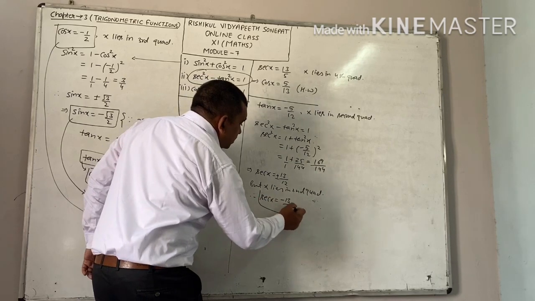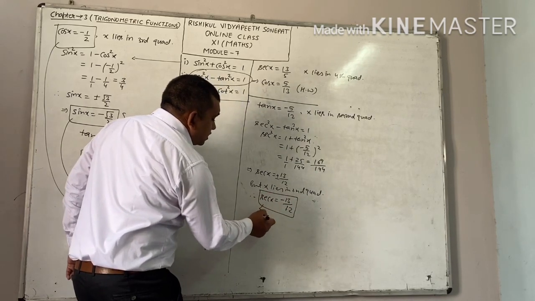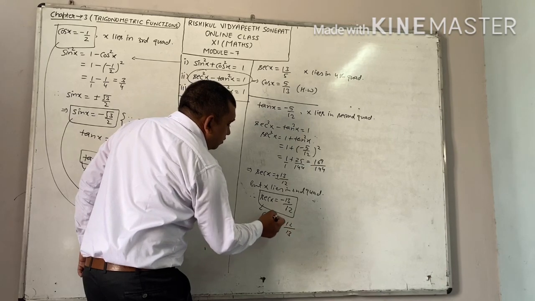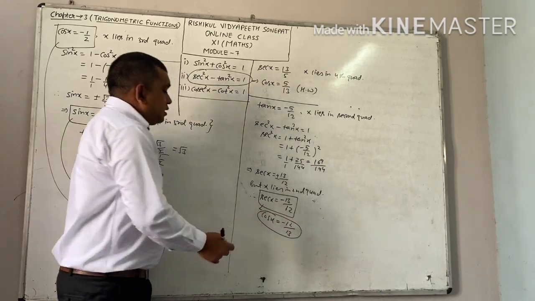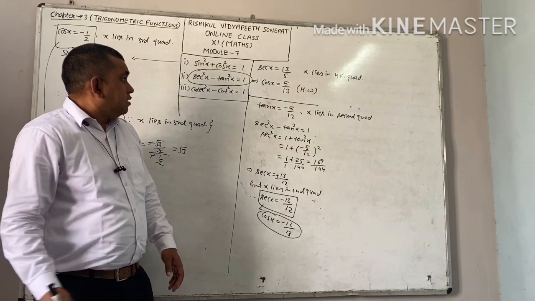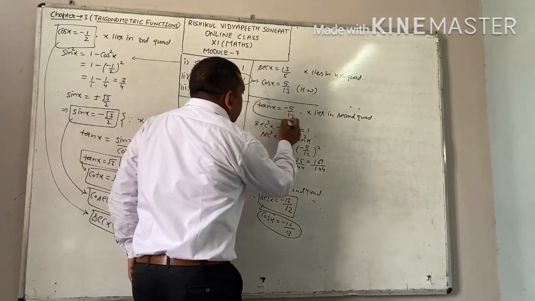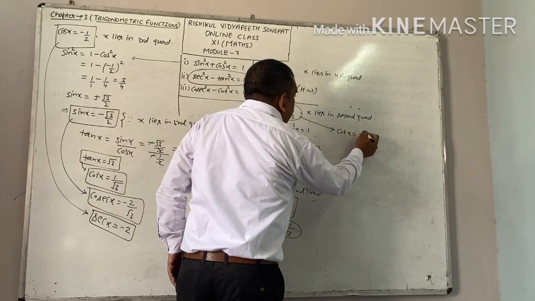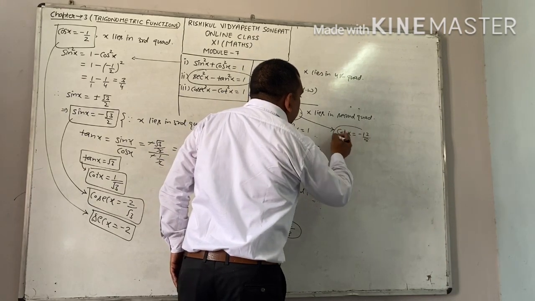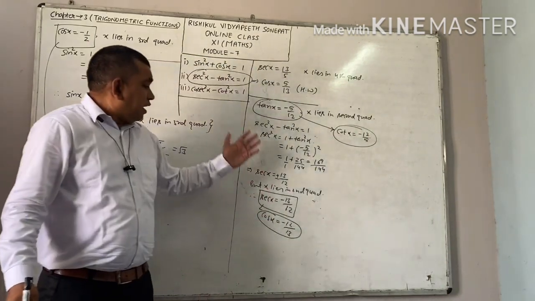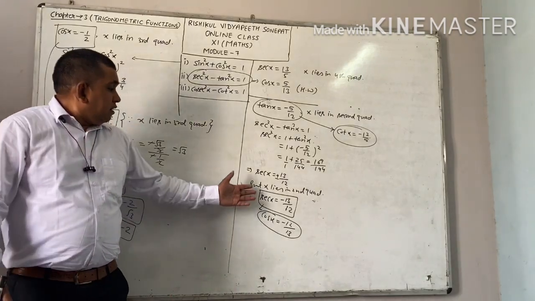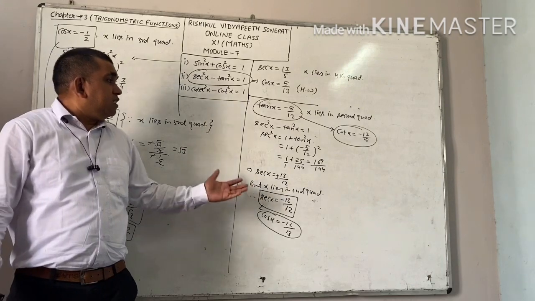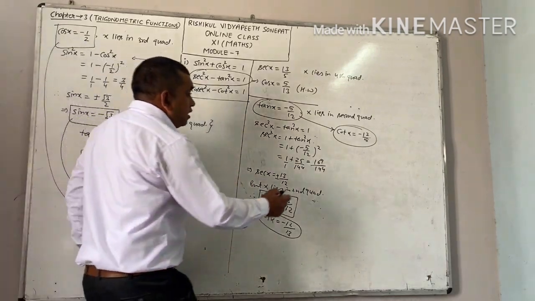We know the value of secant x. Therefore cos x you can write down easily. This will be minus 12 by 13 because cos x is the reciprocal of secant x. Now from the value of tangent x we can easily write down the value of cot x also, because cot x is the reciprocal of tangent x. Now we are left with only the value of sin x and cosecant x, which we can easily find out as we have done in the previous question.